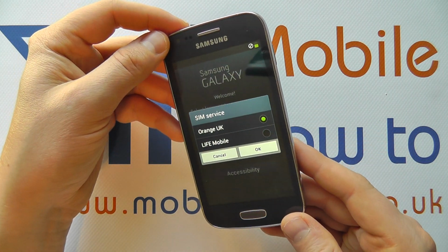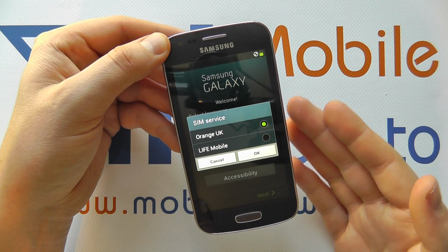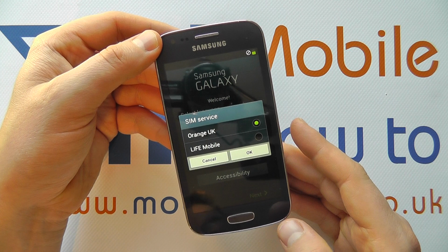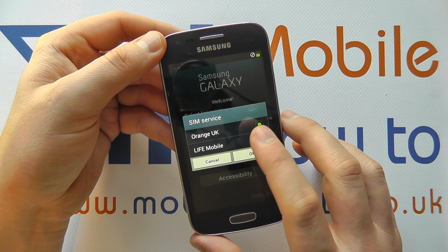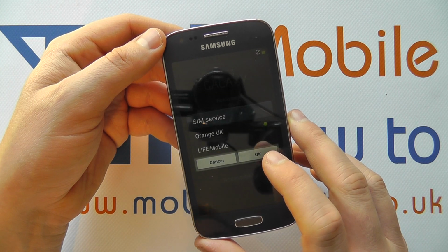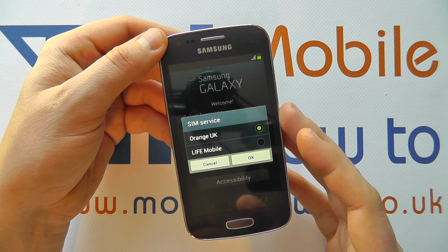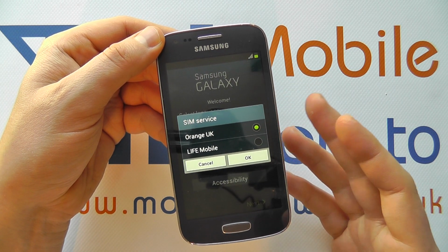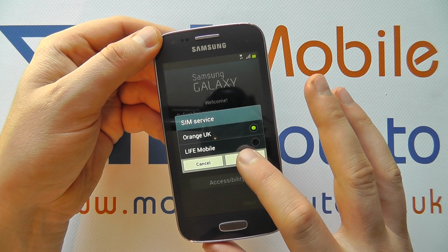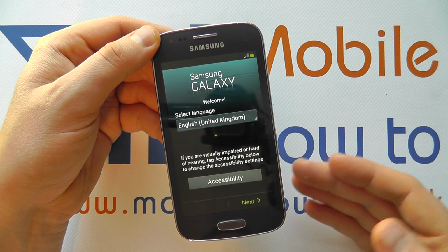So the first thing it's done is it's picked up the SIM card that we have in the device and it's automatically trying to configure the services for that SIM card. So it's correct in selecting Orange UK. It may pick up other networks and you select the appropriate one, or if there's not an appropriate one listed, just click cancel and it's likely that your network provider will send through the settings in a configuration message once the phone is switched on. So we're going to click OK here on Orange Mobile and the device will now automatically set itself up based